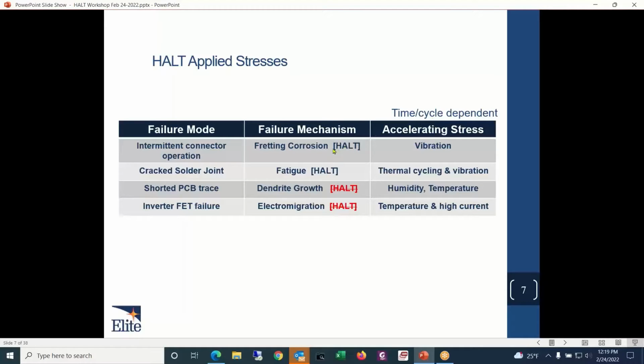Something that we see pretty often with HALT testing is intermittent connector operation. We'll be running along, and all of a sudden we're getting a loss of signal on the product. And what we'll do is look at the connector, and we'll see on the connector that there's a little bit of